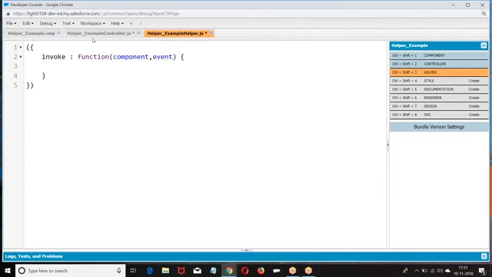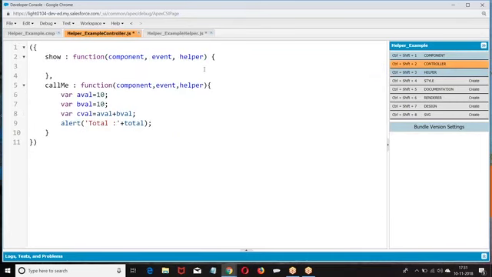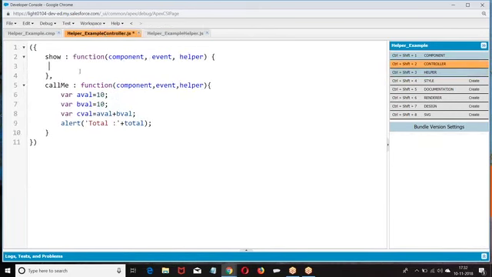Then instead of writing the functionality here, I am writing the functionality in the helper. So what I am doing here is simply calling helper.invoke with component.